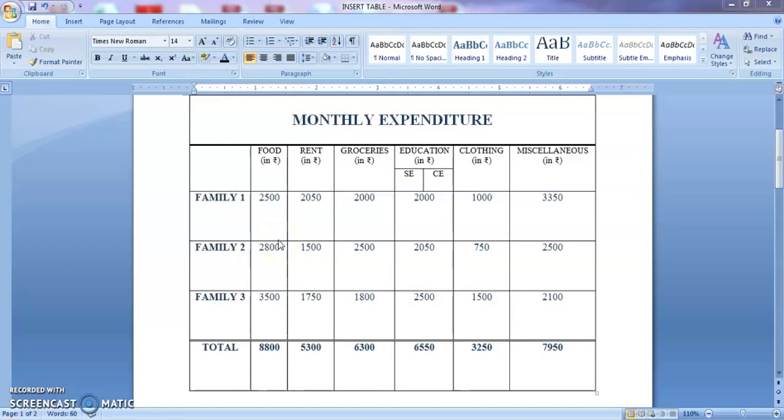Now, this table consists of many numbers. Rather than numbers, if we have some diagram, some illustrations, which will help us to compare this data very quickly, then it will be really helpful for us. That is where charts help us. Now let's see how to insert this chart and how we can design the chart according to our preferences.